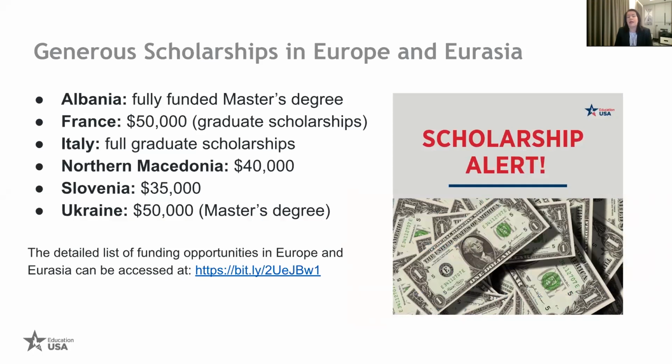What we'd like to point out, what has been a successful recruiting strategy for some colleges or universities, is to go to the countries where they know that they can combine this funding that's available to students with their own funding in order to diversify their campus and recruit from countries they may not have had students from. A good example would be Slovenia. The 35,000 that you see here is available to both undergraduates and graduates. And over the past years, we've had certain universities who've returned to Slovenia because this is additional funding that they can combine with their own, and in that case, open up the market and create a pipeline of Slovenian students coming to their campuses.